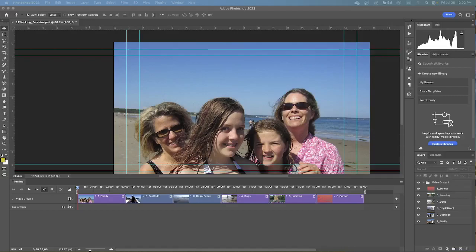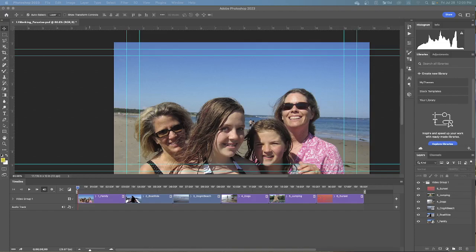Now we are going to animate some text with keyframes. Keyframes let you control animations, effects, and other changes that occur over time. A keyframe marks the point in time where you specify a value such as a position, size, or style. To create a change over time, you must have at least two keyframes, one for the start, one for the end. Photoshop interpolates, it's a big word for you, the values for the positions in between so that the change